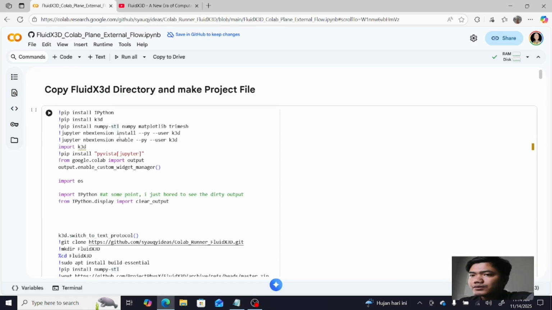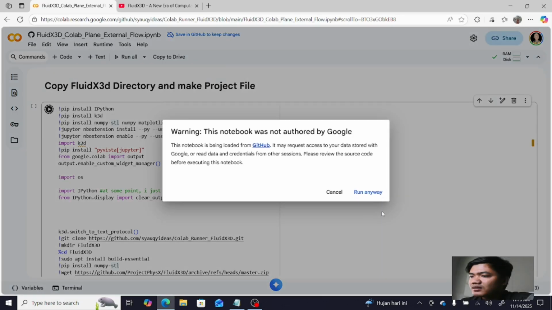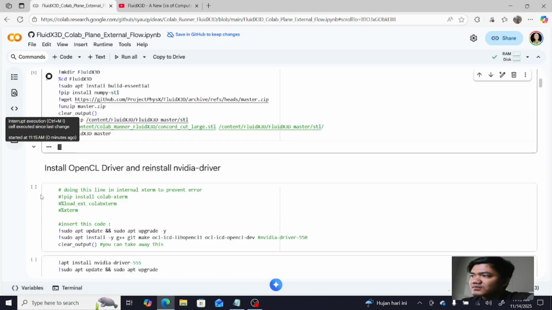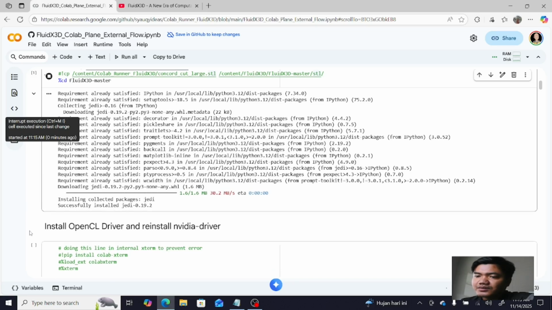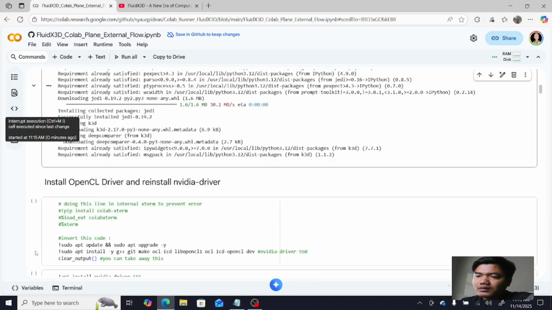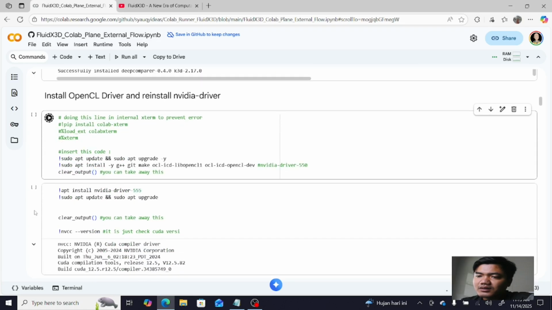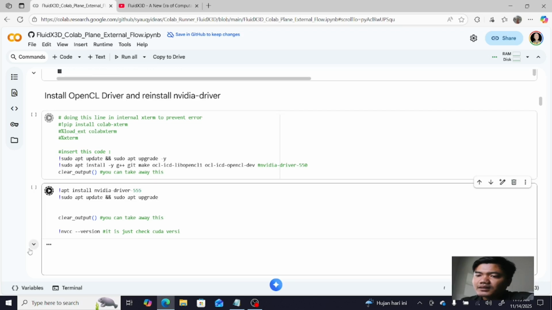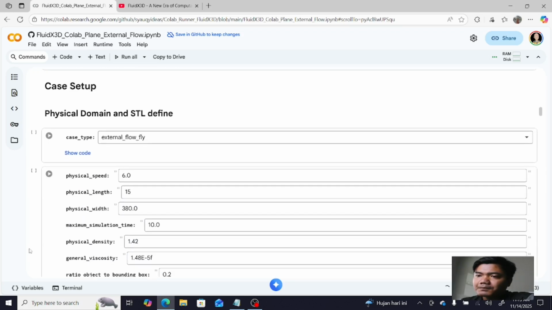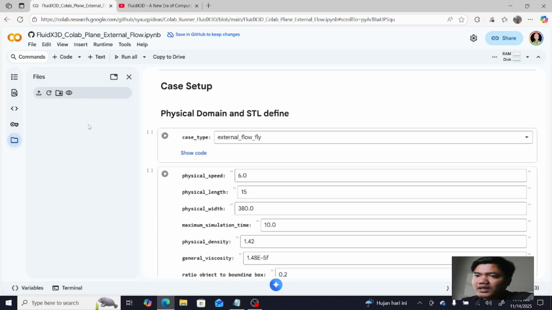Now I want to make the simulation, so I'll just do the setup. I'm just installing all the packages needed for the simulation. And then I will upload the STL file, because this is the plane simulation.